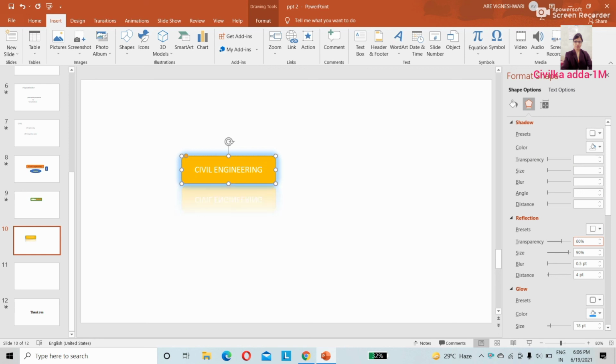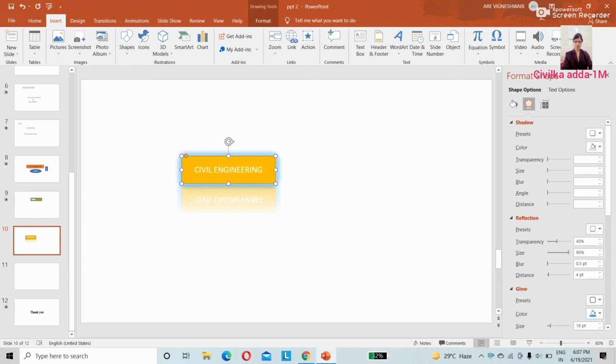If I change it to 6, it is more transparent and more clear. If I change to 10, the reflection is more. If you want to reduce it, you can increase the value, see here slightly, so you can see the reflection slightly. Like that you can even give the reflection to your text.